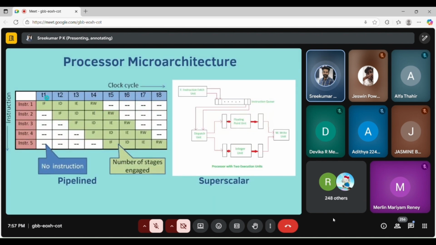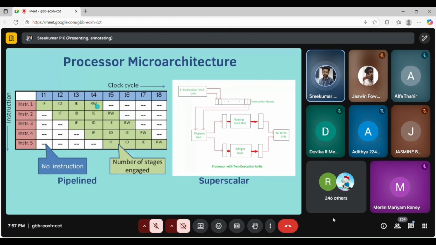Based on the clock, you can see that at time T1, the instruction is fetched. At time T2, the fetched instruction is decoded, and a new instruction is fetched. At time T3, the currently decoded instruction is executed, the previously fetched instruction is decoded, and a new instruction is fetched.